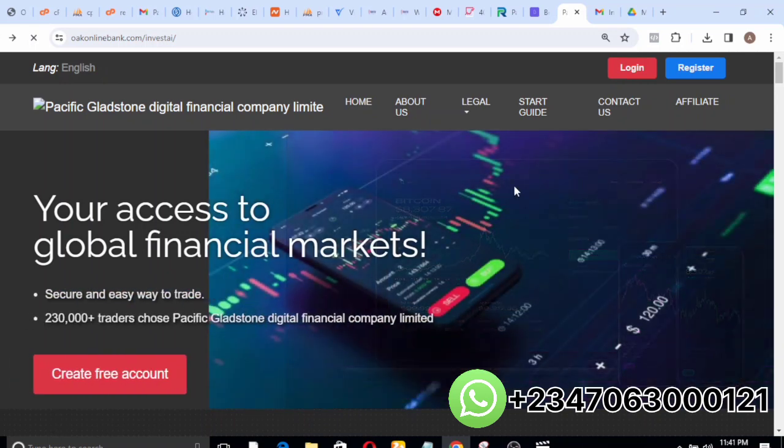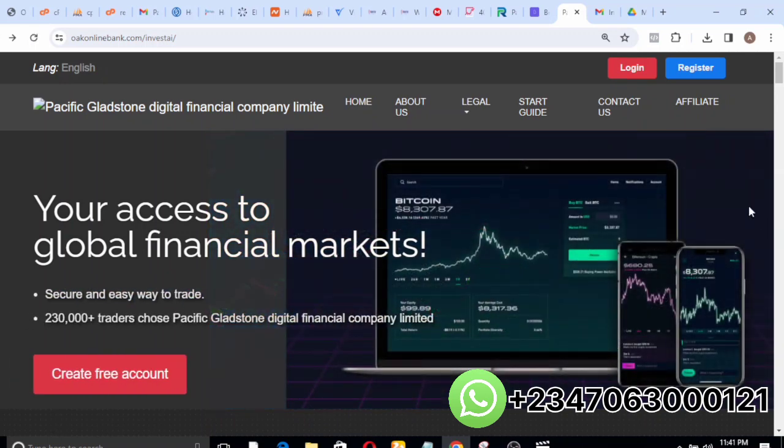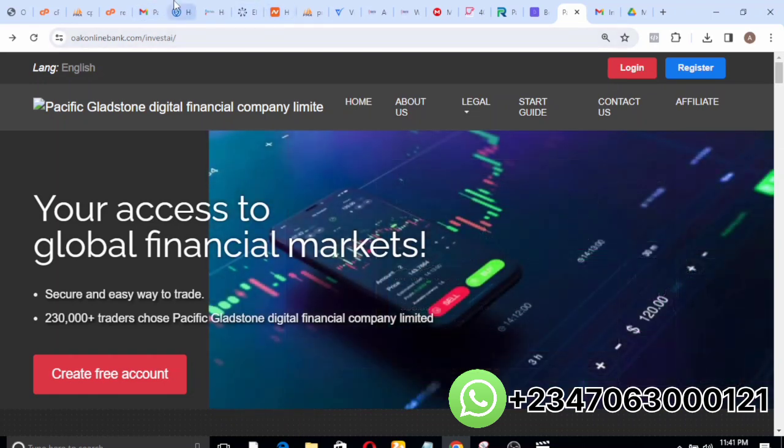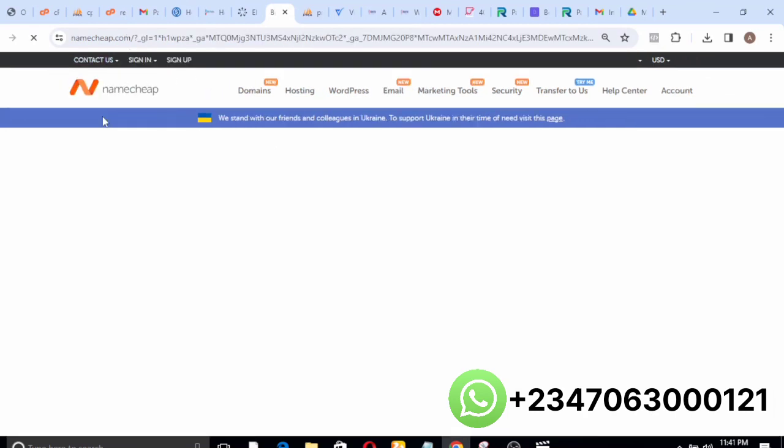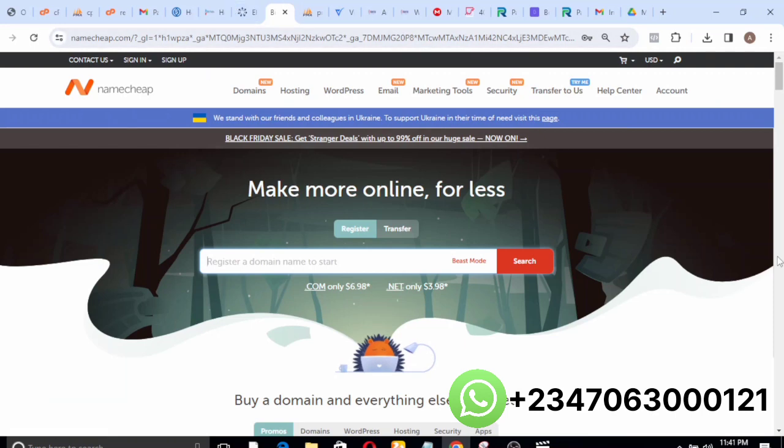As usual, the first thing you want to do is to get your domain name and hosting. And as usual, I recommend Namecheap. You can go to www.namecheap.com, okay. Once you have typed that in your URL, this is what the Namecheap homepage looks like. So the next thing you want to do is to come down to this section and get your domain name. Let's say you want to use marginglobal.com as your domain name. When you click on search,